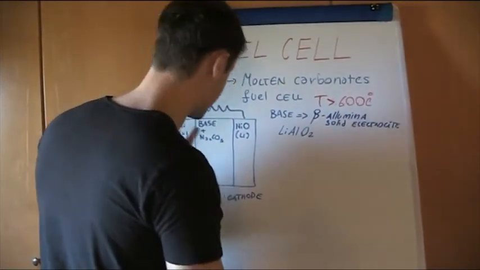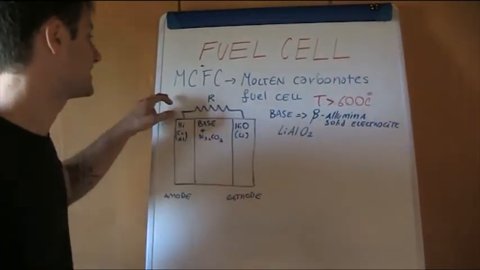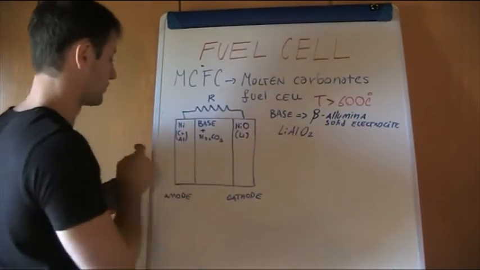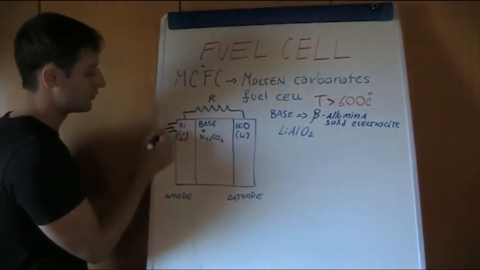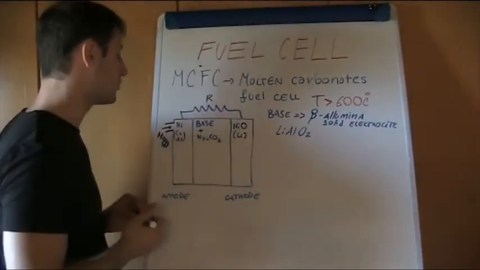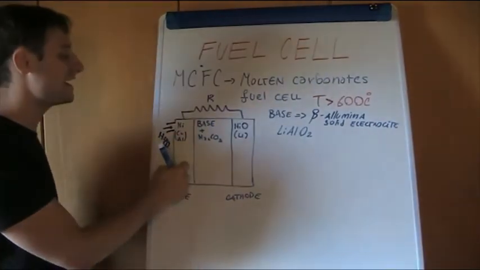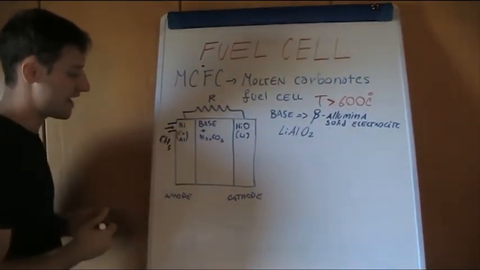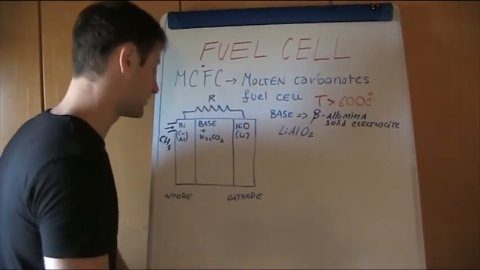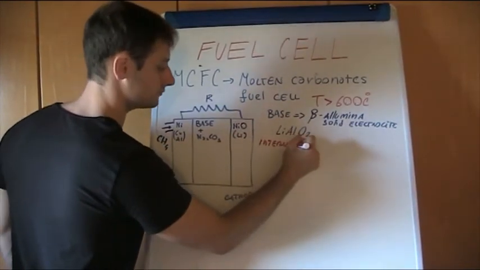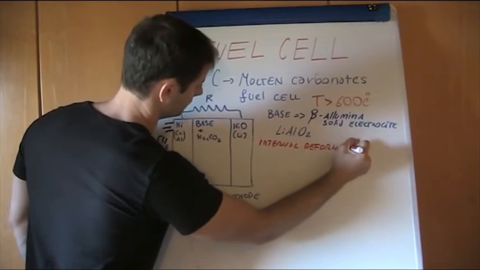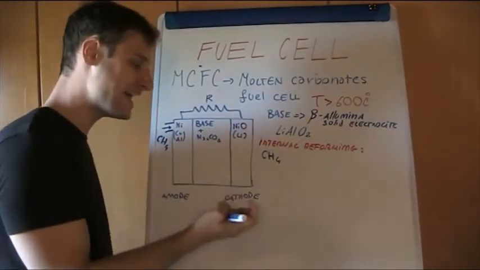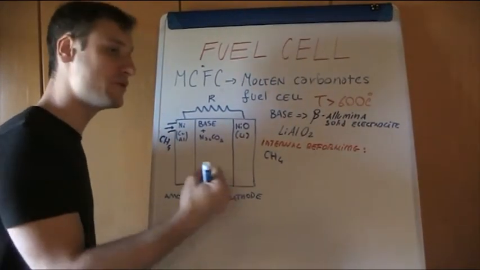So from the very beginning it is important to say that one important step that is often present in these types of molten carbonate fuel cells is the fact that, due to the high temperature, we can feed this type of cell with methane, and in a process known as internal reforming, we can convert methane, that is extremely interesting because it is a high energy dense gas, higher with respect to hydrogen,